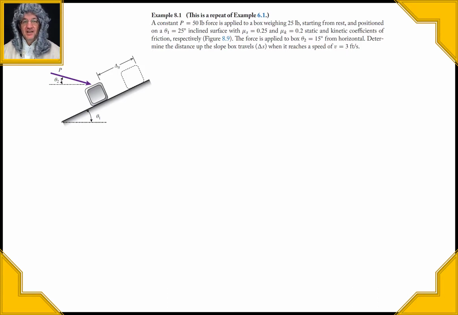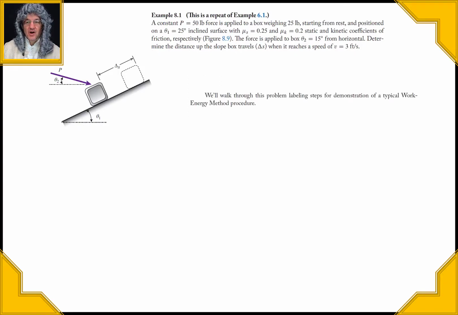and it's going to move up the slope. The block weighs 25 pounds. It starts from rest and it's positioned with a 25-degree angle at theta 1. And the incline has a static coefficient of friction of 0.25 and a kinetic coefficient of 0.2. And the force that is applied at theta 2 equals 15 degrees from horizontal. And we want to determine the distance up the slope that it will travel when it reaches 3 feet per second, right? So we'll walk through this problem through the steps as labeled up above,